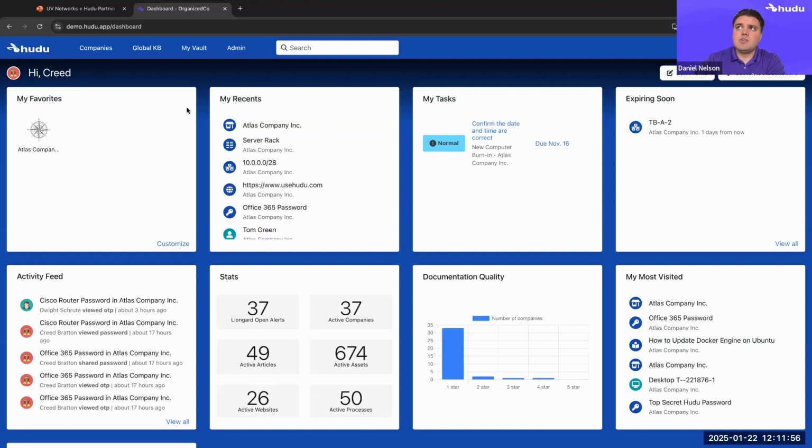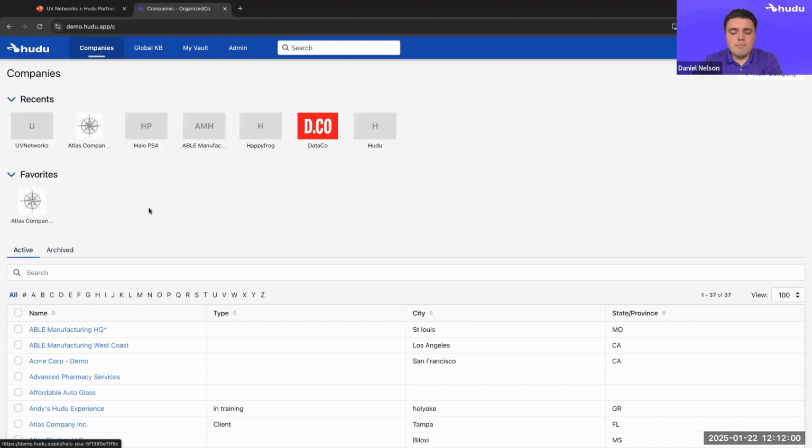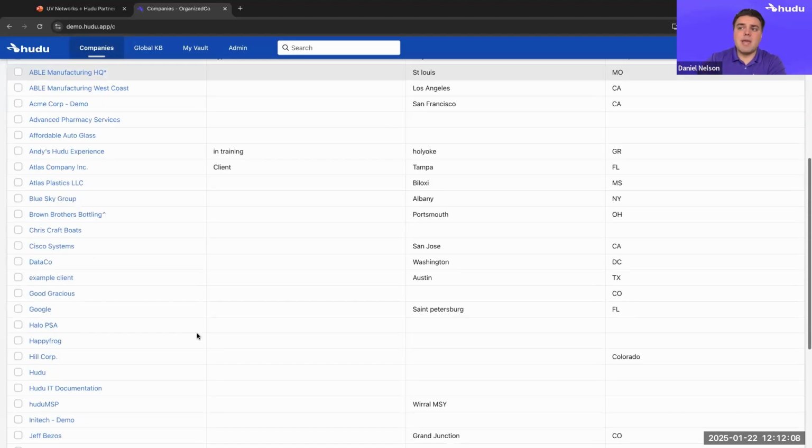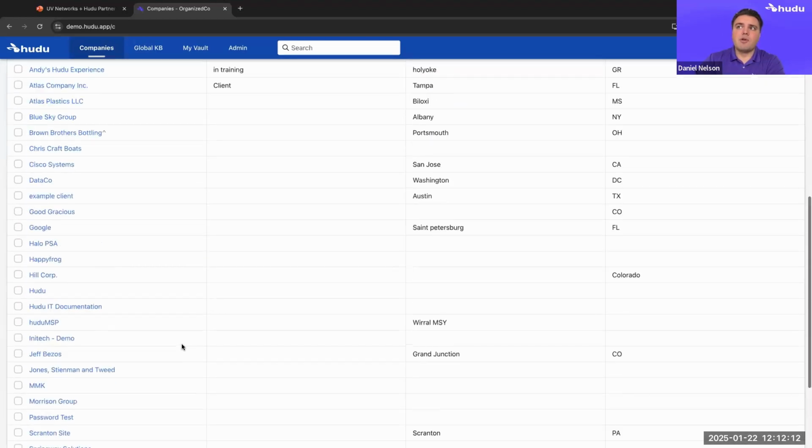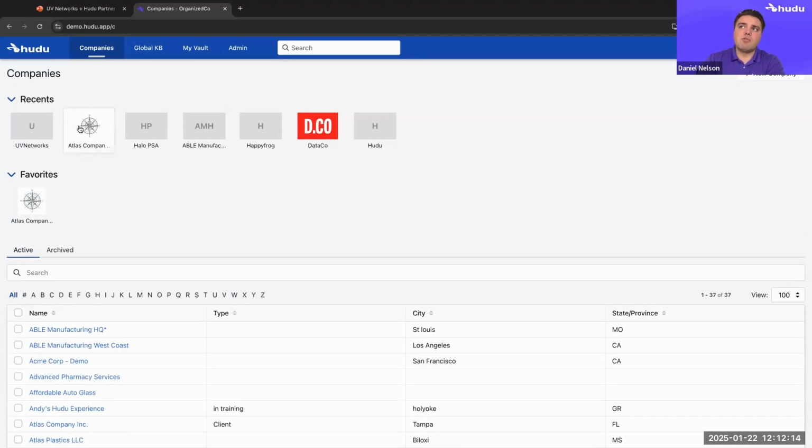So as soon as you log into Hudu, you will land on this dashboard screen, and we're going to jump straight into our companies, which really serves as the heart and soul of Hudu. You may be managing a couple companies, you may be managing hundreds, thousands. All of your companies will be laid out for you here, and you can easily find whichever one you're